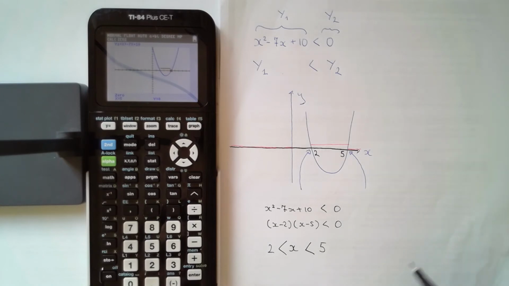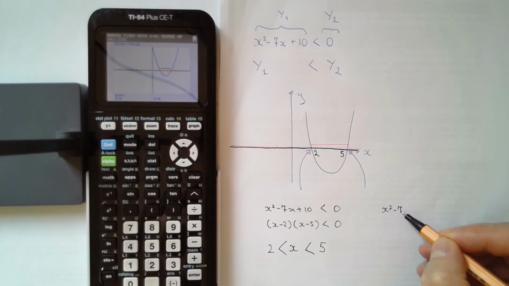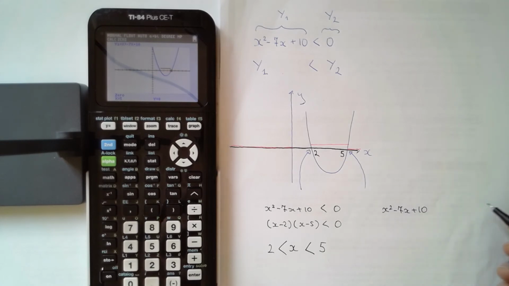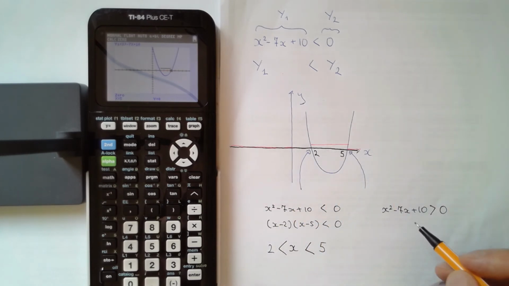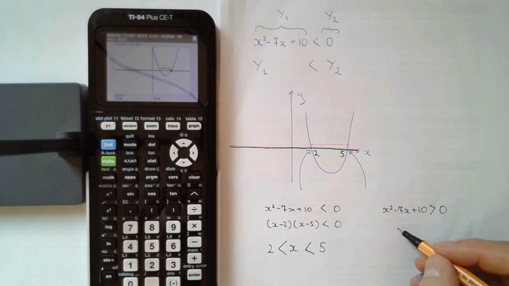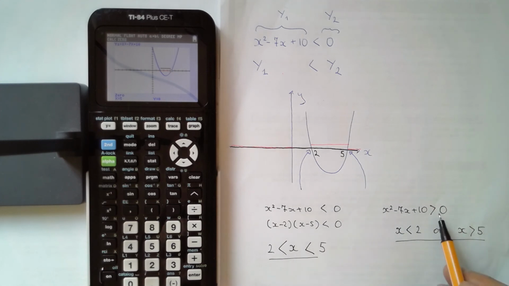Now, if we want to answer the question where x squared minus 7x plus 10 is greater than 0, it is on this side and on that side. So we would write that x needs to be less than 2, or x needs to be greater than 5. That's it. Depending on which inequality you would like to